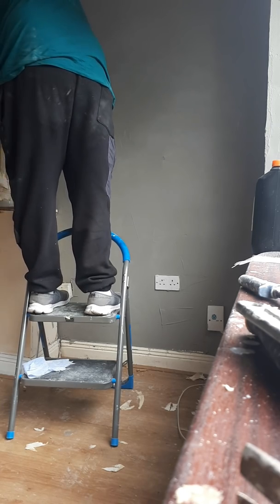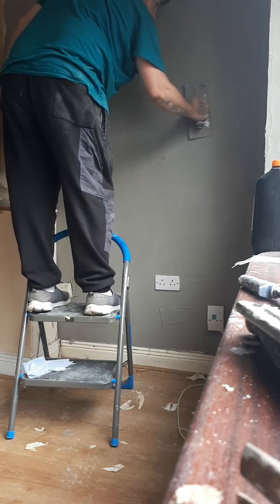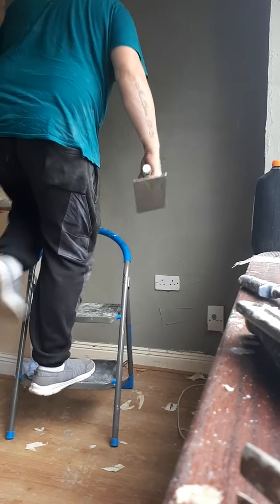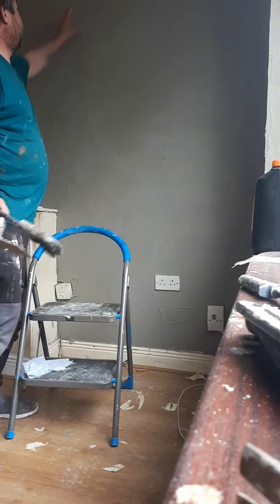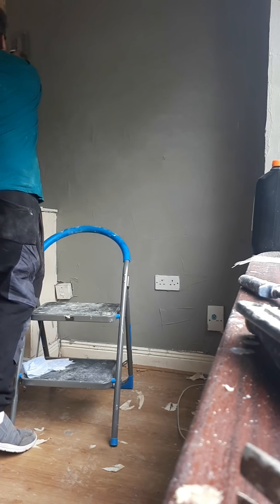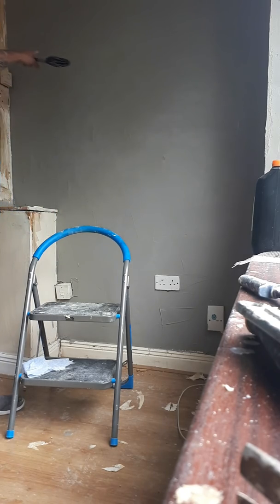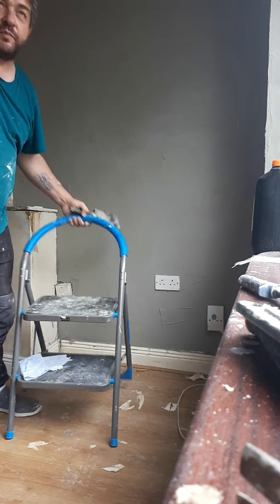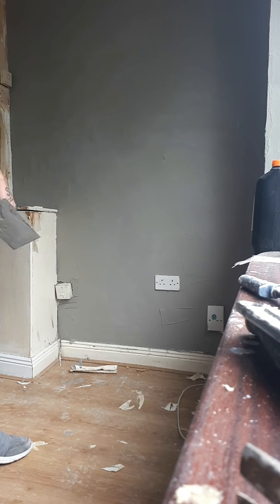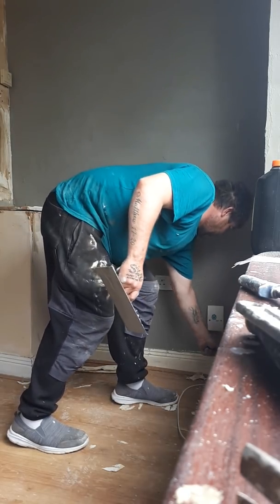This is just a nice little square trowel. Just lean hard on it, and that will get the wall a bit flatter, nearly safe where there's no big huge marks, and it means when you come back to it you're not going to have too much trouble. You've got it all flat. And this wall, as I said, has a few bubbles, I'll sort that out, but for the purpose of the video, imagine that up there. And once you do that all the way across your whole wall, pushing in your edges on your skirtings,